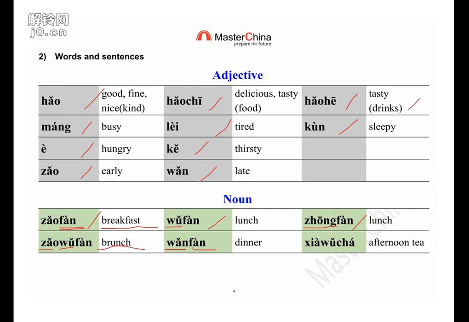So late here. Of course, we have the afternoon tea. That's high tea. We use afternoon with tea together. 下午茶. It's very interesting, right? Chinese people's idea of the word. But it's also very easy for people to understand what it is, right?